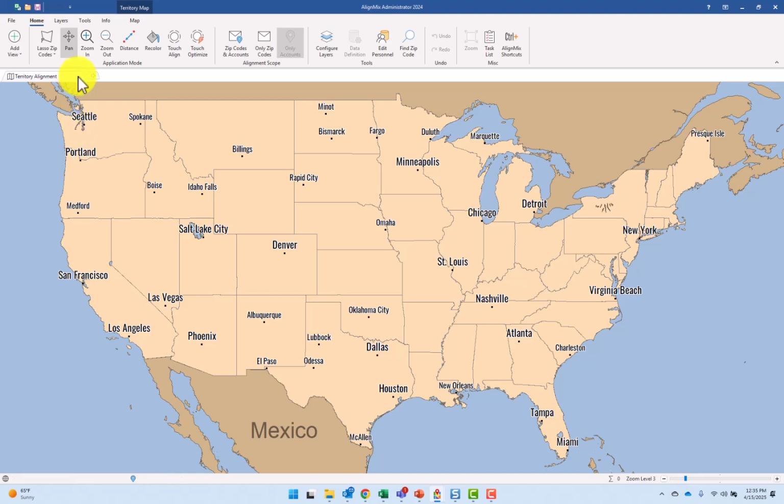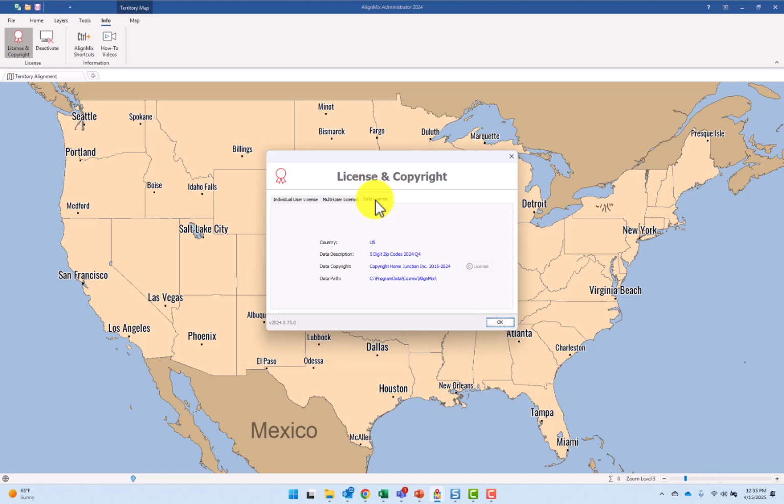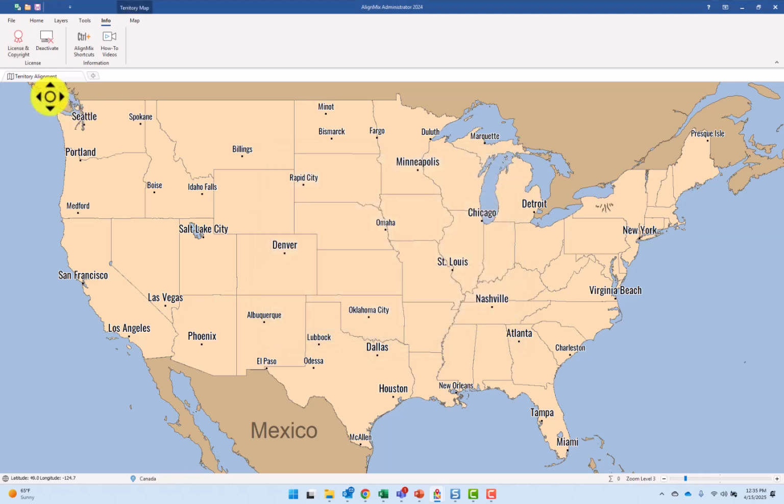So now when you open up a new file, you should be using the 2025 Q2 shapes. You'll be able to verify that by clicking on Info, License and Copyright, and then on Data License, you'll see what you're using. Now, if you still see 2024 Q4 shapes, you'll have to click on OK, go back